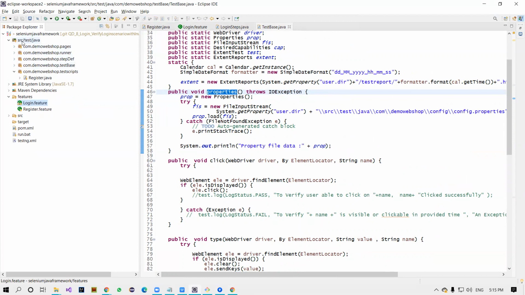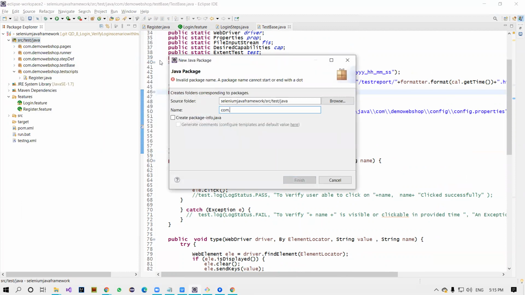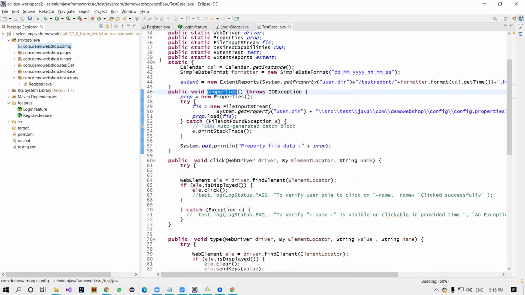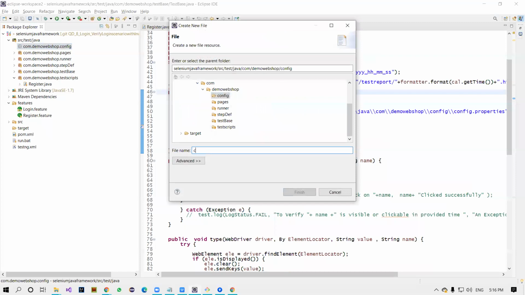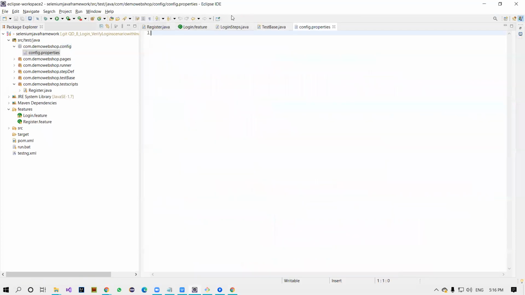It's fine. I should go back and create a package here. com.demo.webshop.config. Here I'm giving a config file, Config.properties. And probably you can write something here.